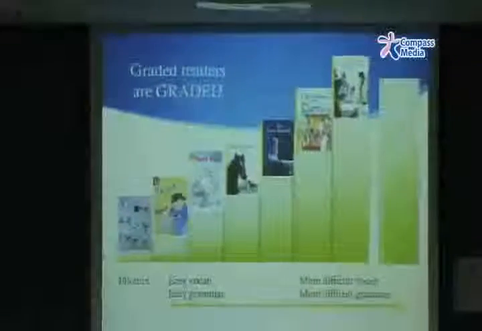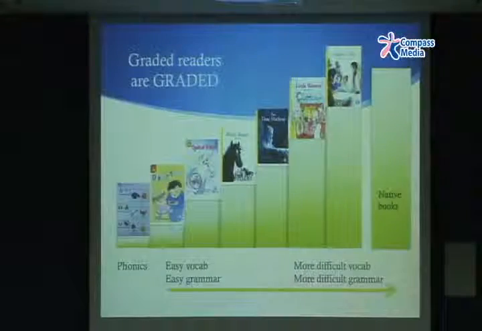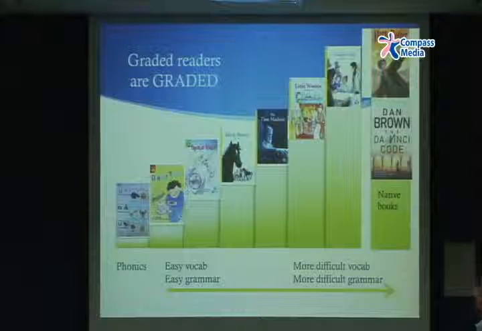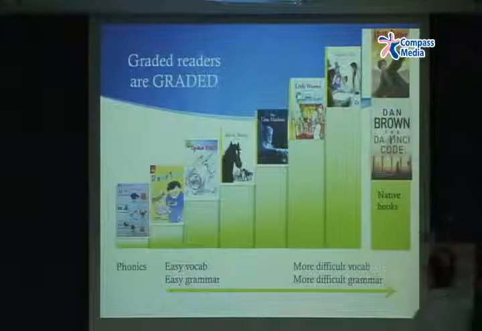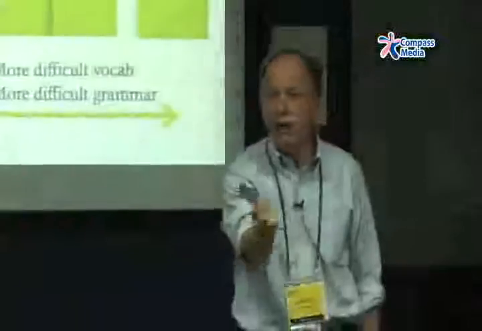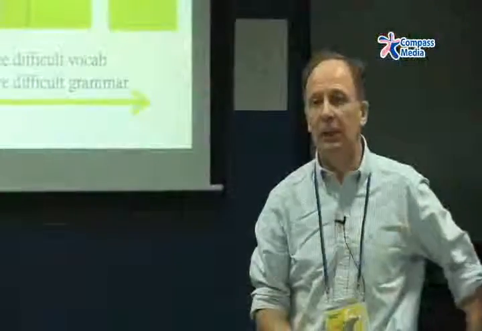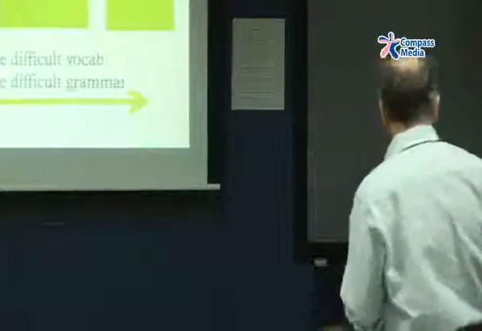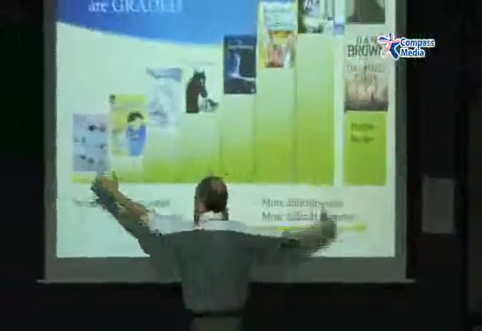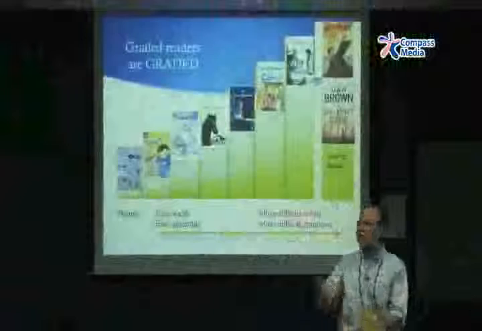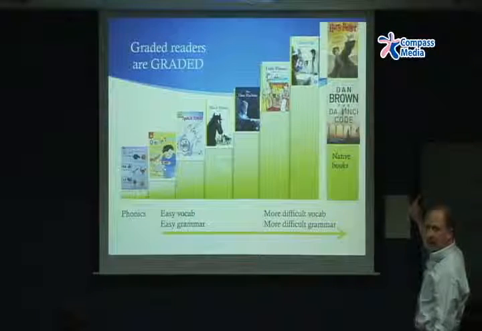The aim here is to get to native texts, Dan Brown and your Harry Potter. That's where we end up. So in order to get there, we don't start here. Yeah? We don't start with native materials. We start with something which is slowly, gradually going to build their knowledge to be able to read that material. So in a sense, you could think of this reading as actually temporary reading. We do that in order to get there eventually.